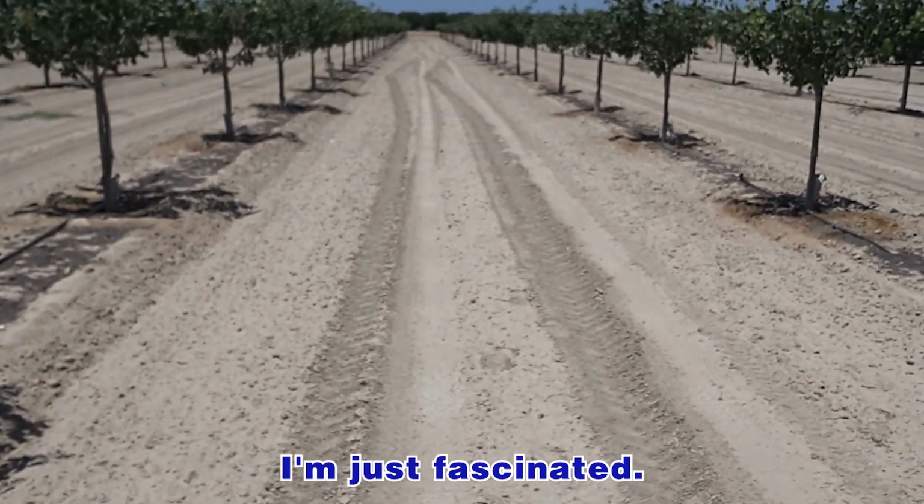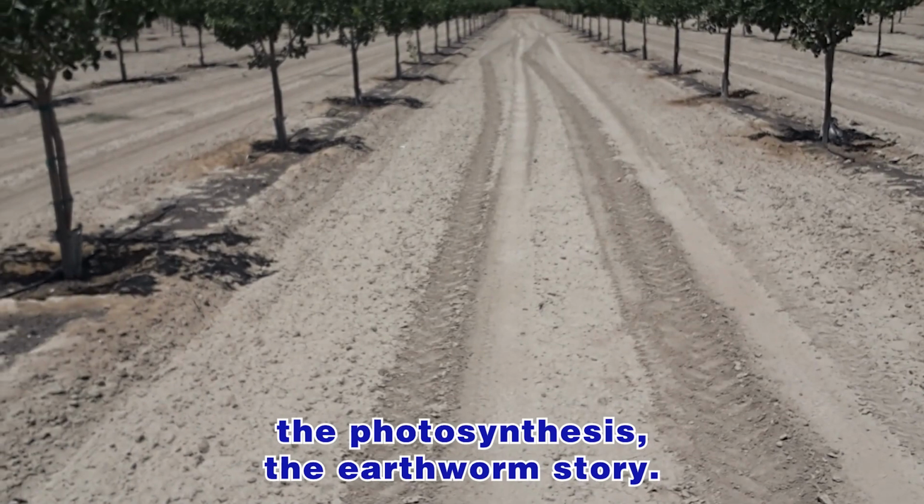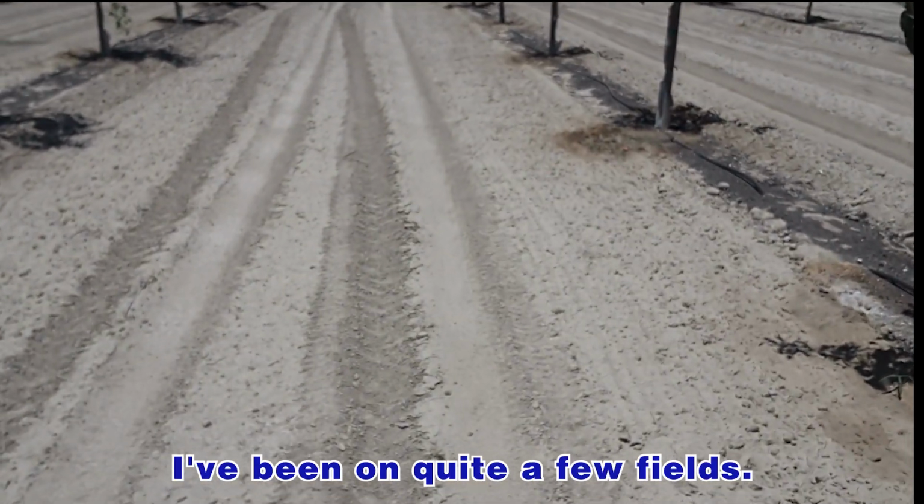I'm just fascinated. The thickness of the leaves, the size of the leaves, the photosynthesis, the earthworm story. I've been on quite a few fields,